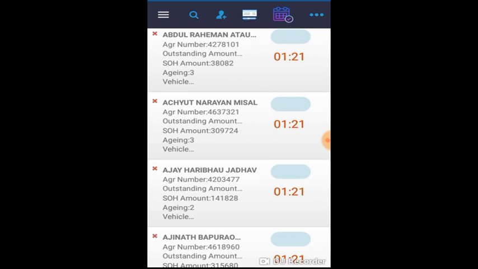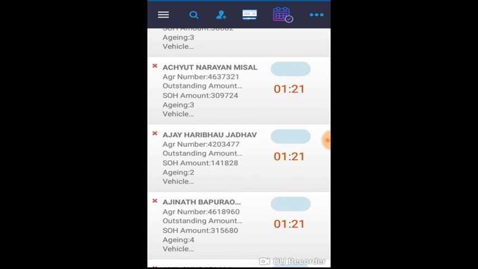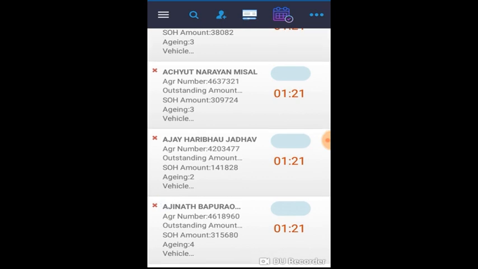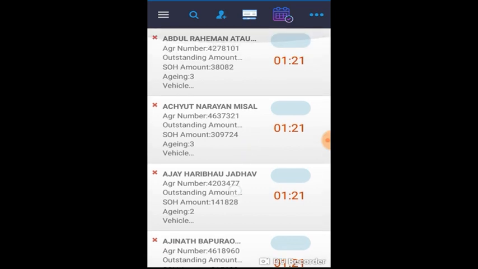In case the executive went to the customer or did a phone call and then entered those particular details in the app, then you will be able to see a tick mark instead of this cross. More details on this will be explained in a later video. Now let us go into any particular contract. So I will just click on the contract.